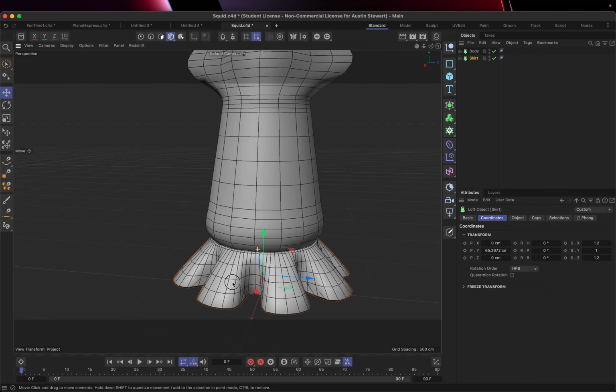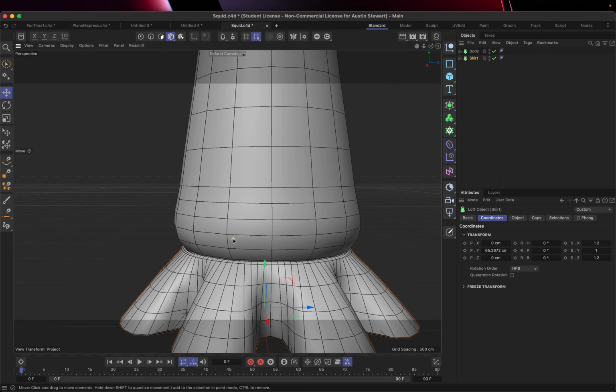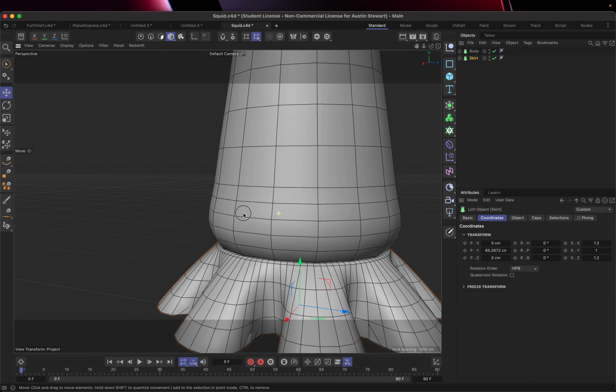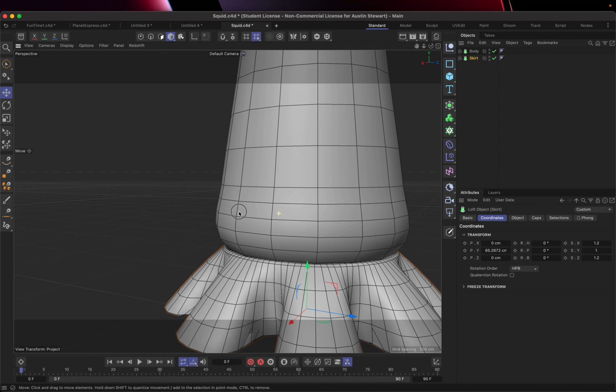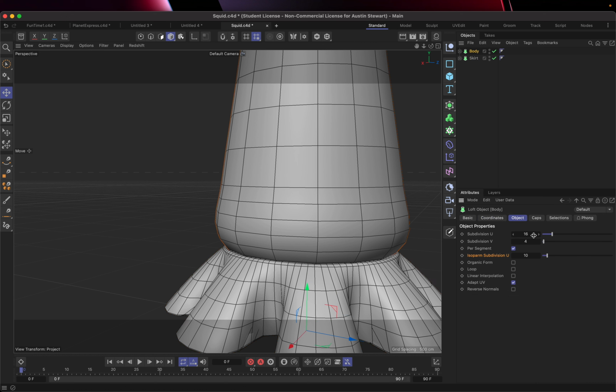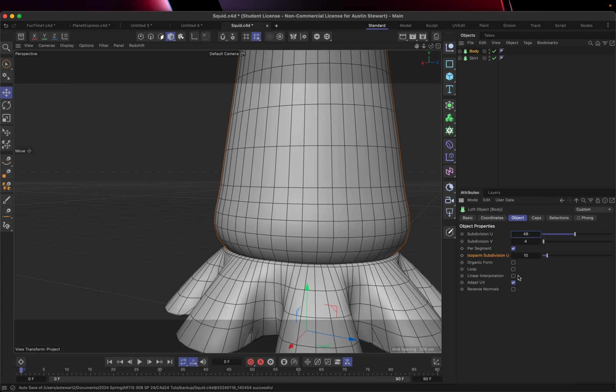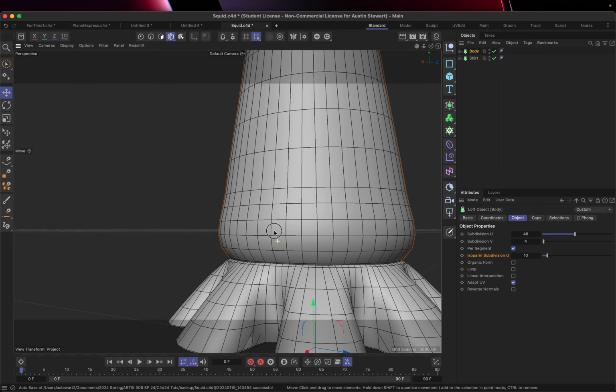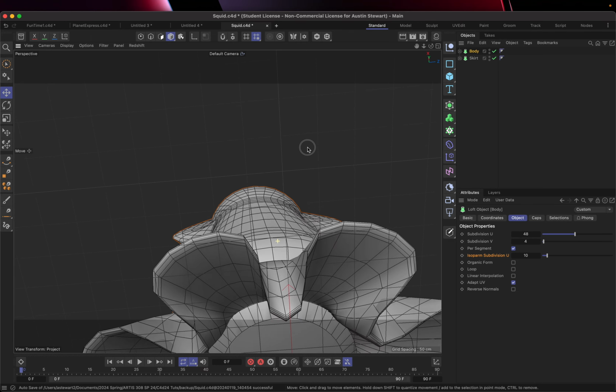All right. So I've got this thing going, and you'll note I have fewer rotational segments here on the body than I do on the skirt. And this is going to be pretty jagged and faceted if I leave it this way. So let's go to our body, go to the object tab, and let's at least make this 32 or maybe 48. We don't need it to be 100 like this other one. But you can see we have a little bit here. Something else to note